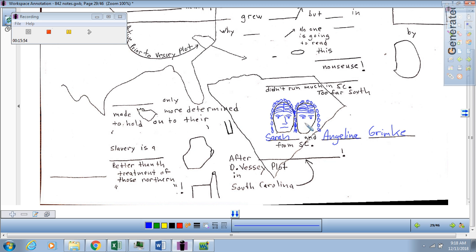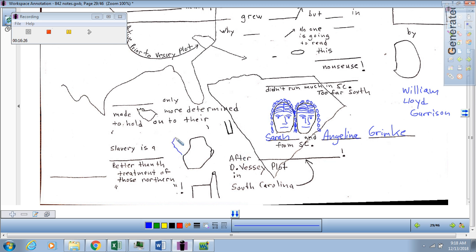Now, from this, they would become vocal opponents of slavery and write certain papers. William Lloyd Garrison actually published one of their papers criticizing slavery in his Liberator in Boston. Now, we're going to learn more about Sarah and Angelina Grimke. However,